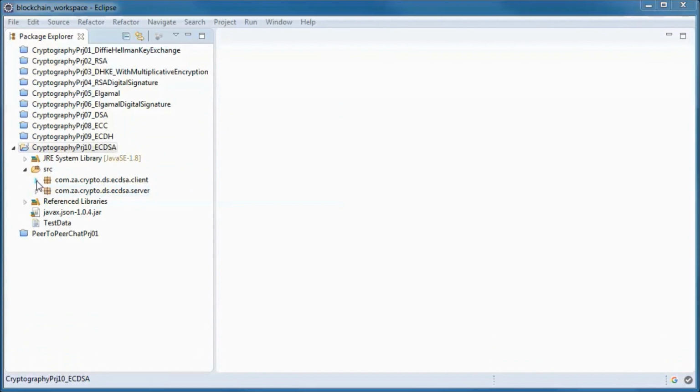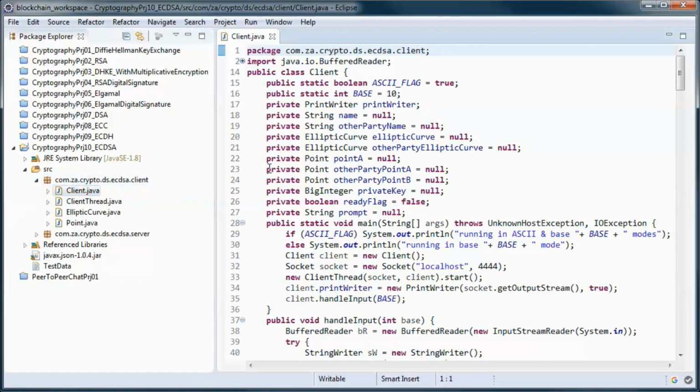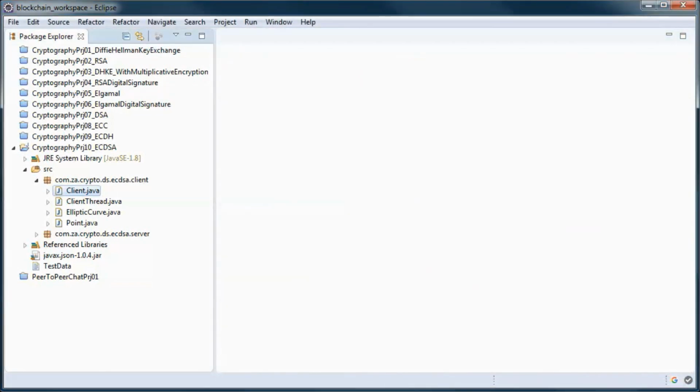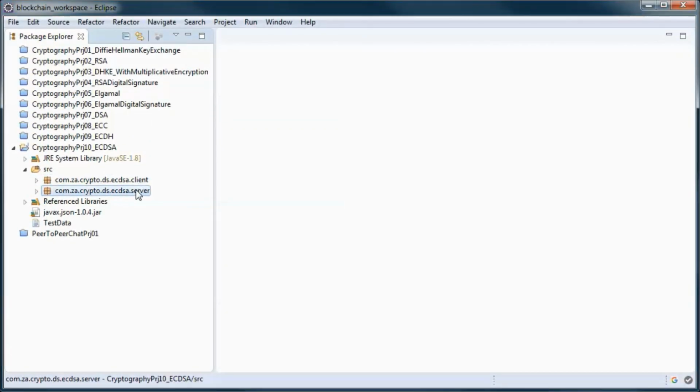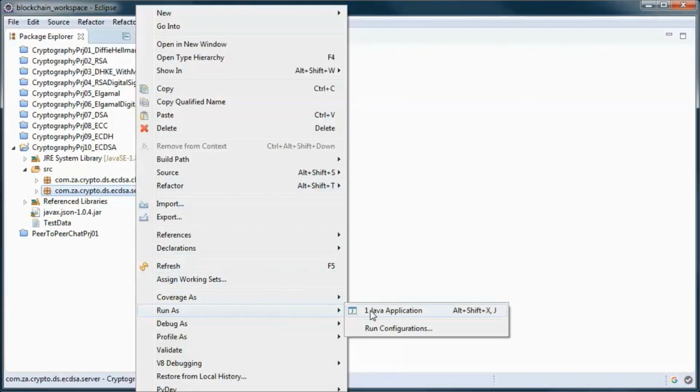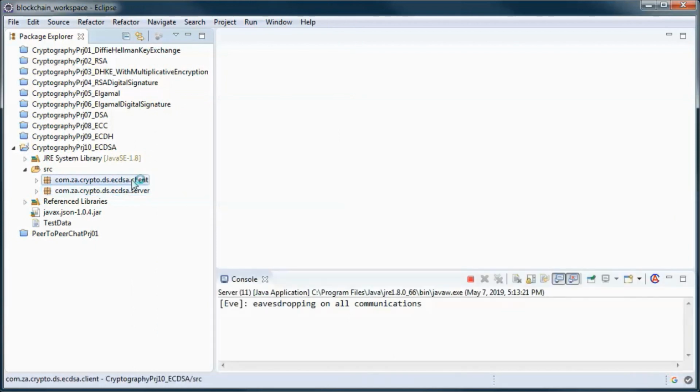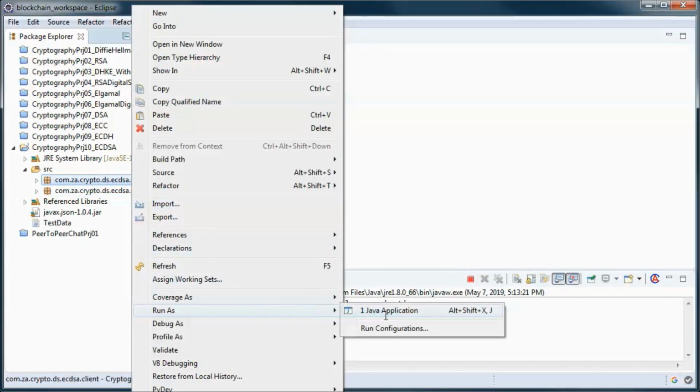And finally, let's go ahead and test run the application. But before doing that, let's change this. And we will have a server and two clients.